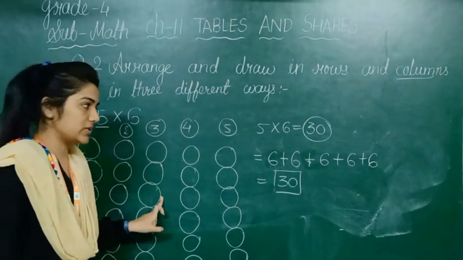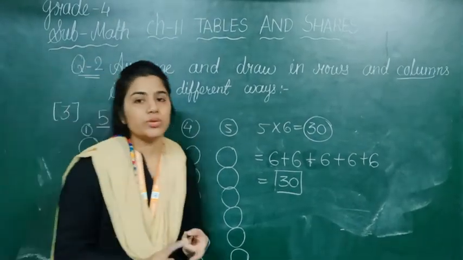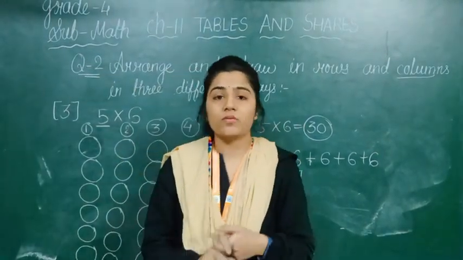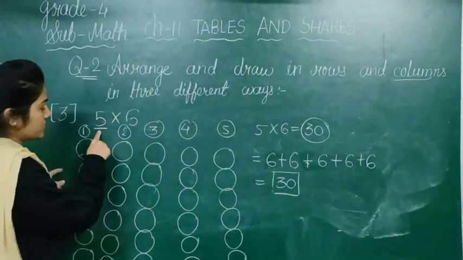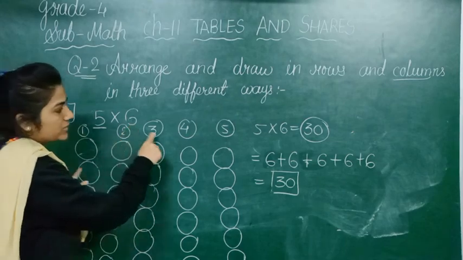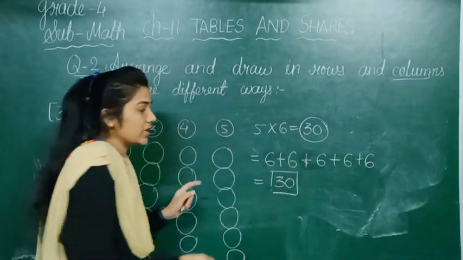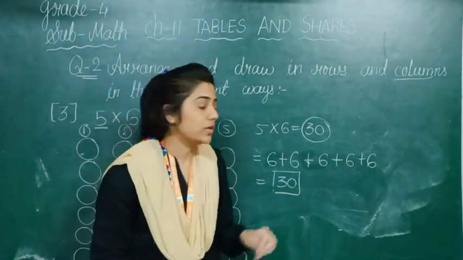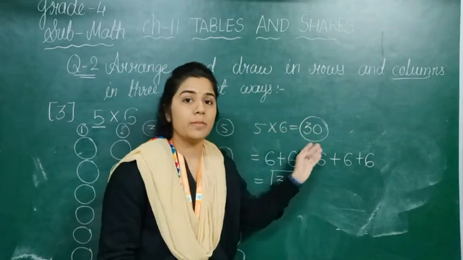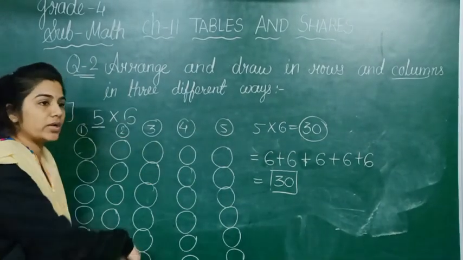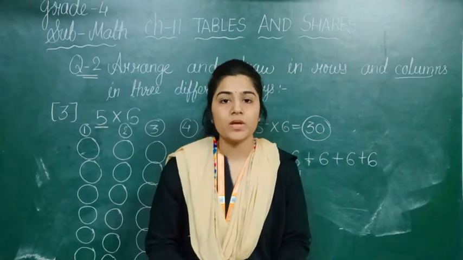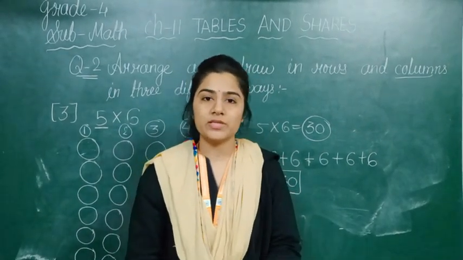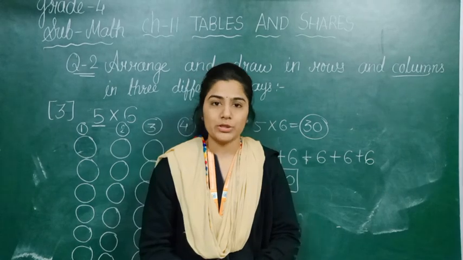That is very easy and simple. You just need to draw circles, or whatever shape you want, according to these digits, 5 multiplied by 6, that is 5 6 are 30. See, I know that you are aware that 5 6 are 30, but how we can show it according to columns and rows, that is what we have learned in this question. So I hope you have all understood this video very well. Thank you. Have a nice day.